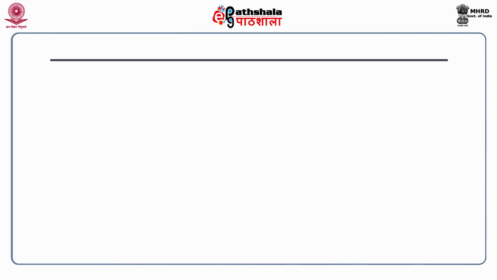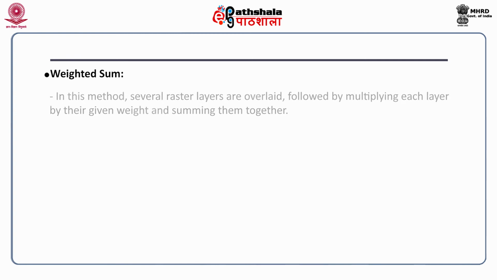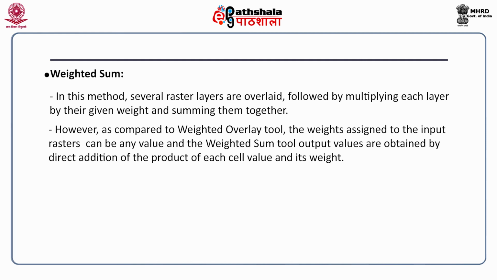The next tool is the weighted sum tool. In this method, several raster layers are overlaid, followed by multiplying each layer by their given weight and summing them together. However, as compared to the weighted overlay tool, the weights assigned to the input rasters can be any value, and the weighted sum tool output values are obtained by direct addition of the product of each cell value and its